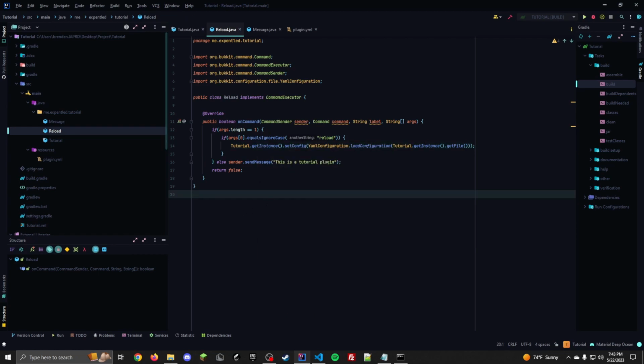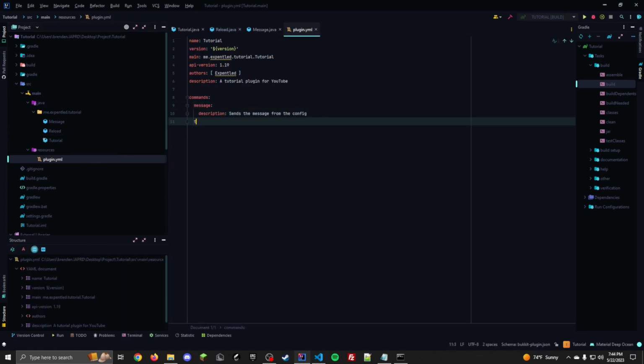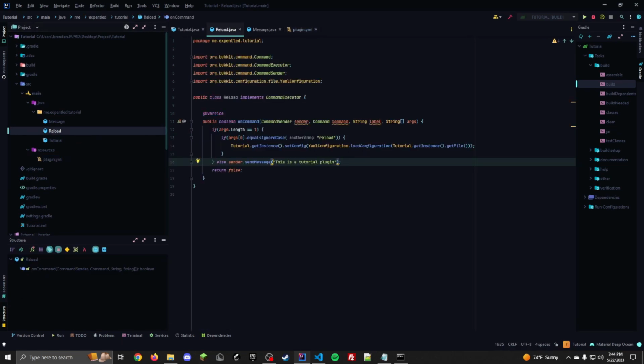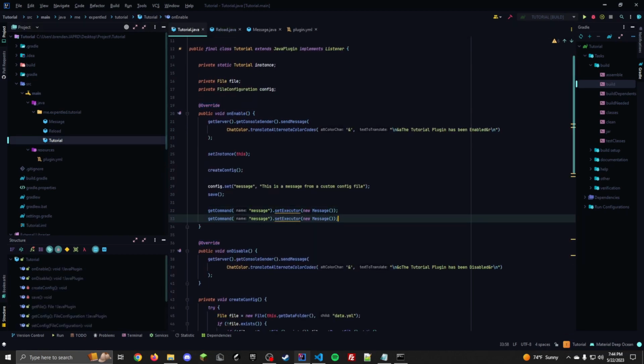The command, it's kind of stupid the way I did it. I made the command reload, and then I made a separate argument, I guess, just because I wanted to make its own command. So I'll make the command tutorial because that's what the plugin's called. I'll just say manages the plugin, but there will be an argument there for actually reloading the config. So if I register the command here in our main class,